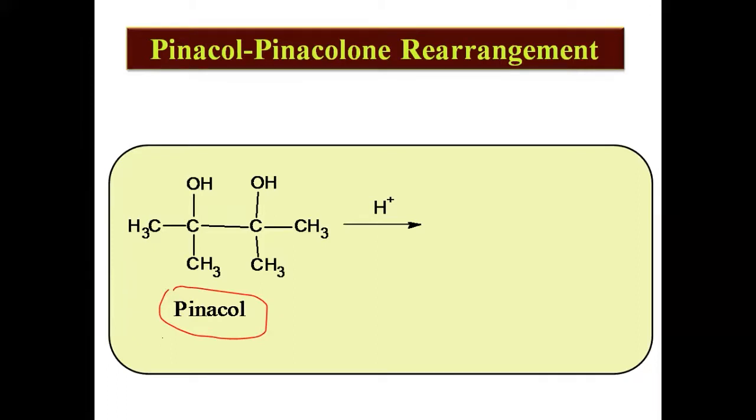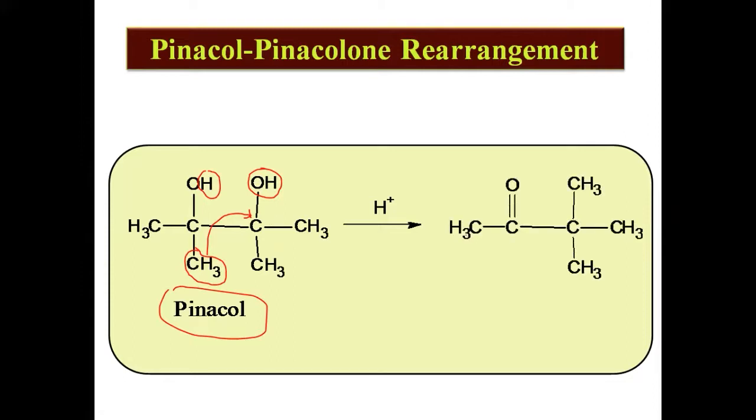When that pinacol is treated with the acid, what happens here? That hydrogen and that OH form H2O. म्हणजे यामधून वॉटर मॉलिक्यूल बाहेर पडतो, while this methyl group is shifted on the second carbon. Means there is a loss of one OH and hydrogen. यामधून एक OH आणि hydrogen बाहेर पडतो, and there is a shifting of methyl group from one carbon to another